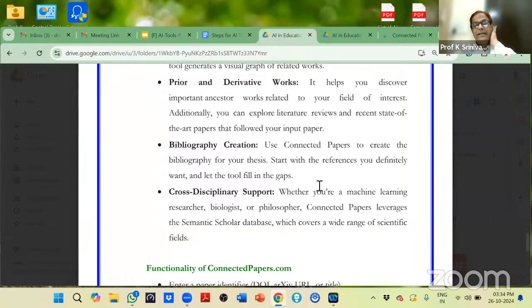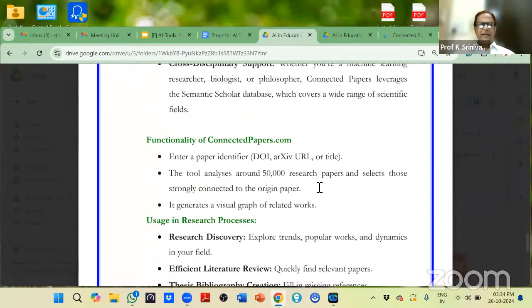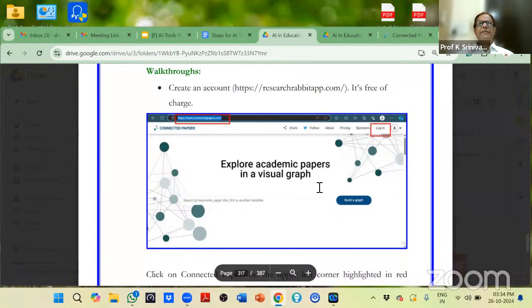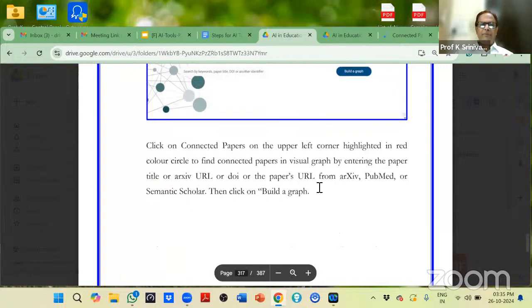मतलब मशीन लर्निंग रिसर्चर हो, बायोलॉजिस्ट हो, और फिलोसोफर हो, connected papers leverages the semantic scholar database which covers a wide range of scientific things। ठीक है। और इसके ये सारे प्रोसेसेस हैं, देखिए मतलब इस तरीके से बना रखा है ताकि मेरे शोध विद्यार्थियों के लिए काम आएगा।